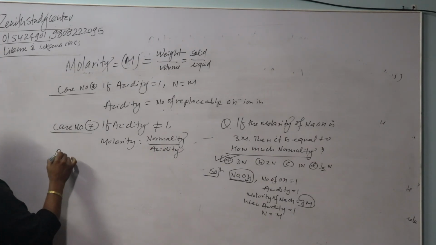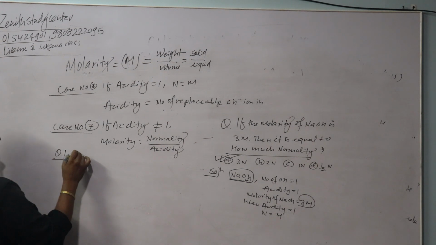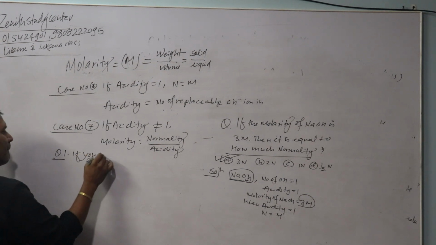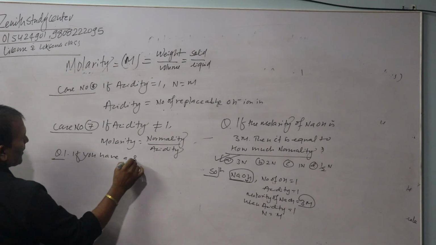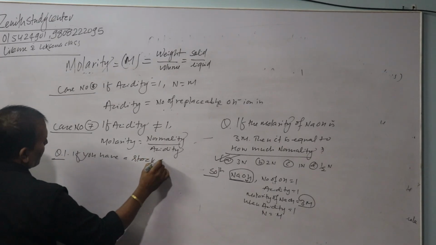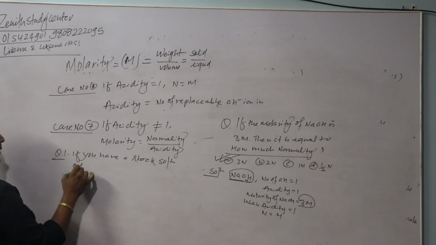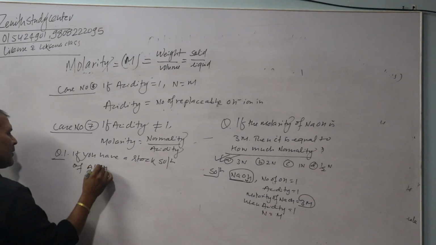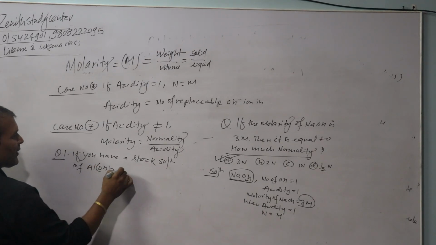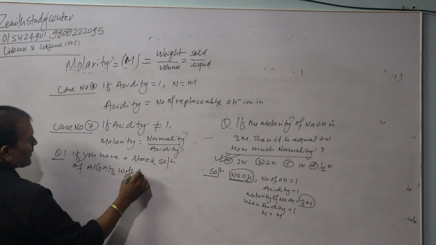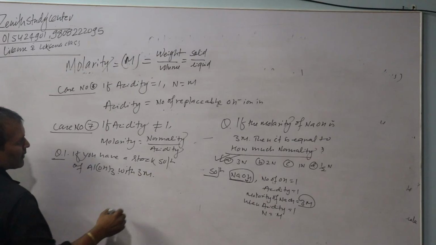Suppose a question: if you have a stock solution of aluminum hydroxide, Al(OH)3, with 3 molar, then